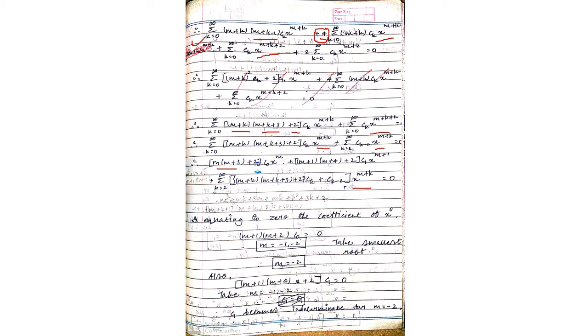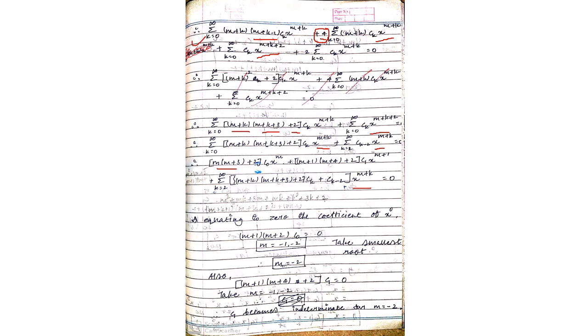So this third example is the same as the first example. I have written it just for practice, because it is the same as the first example only. You can see that in the first example we found c1 as an arbitrary constant, and here again we are getting c1 as an arbitrary constant only.